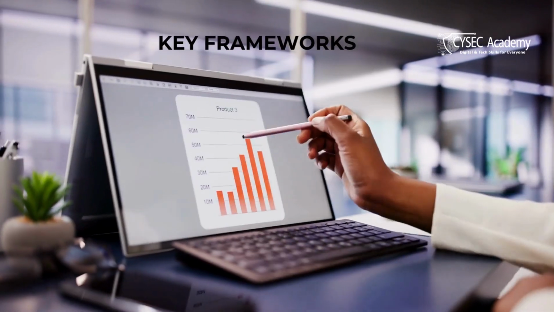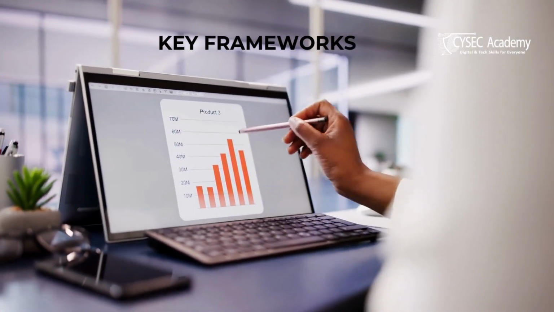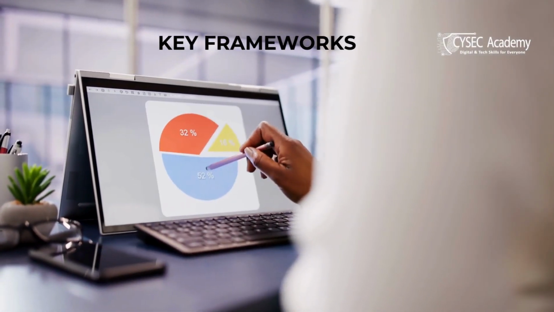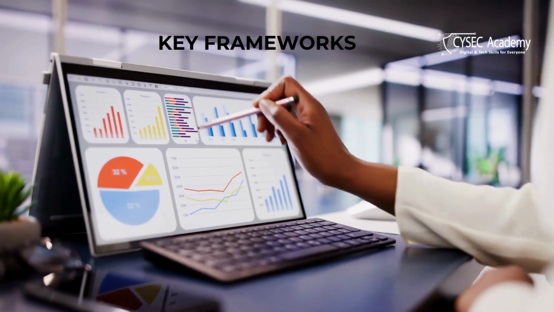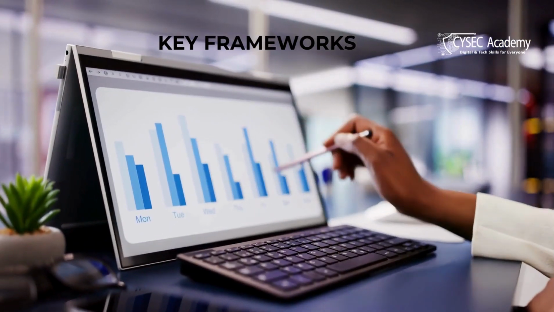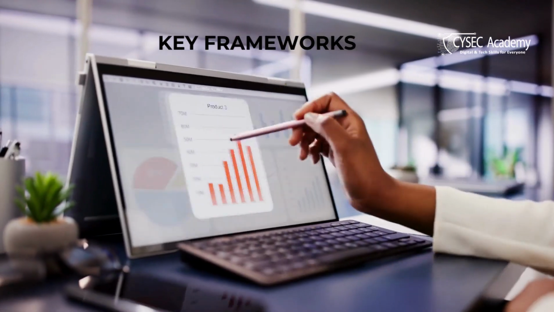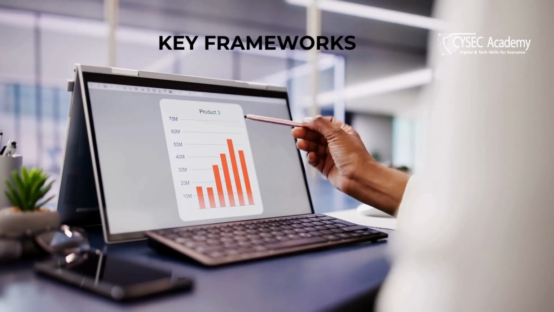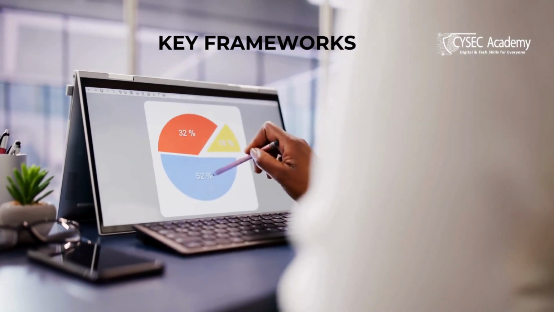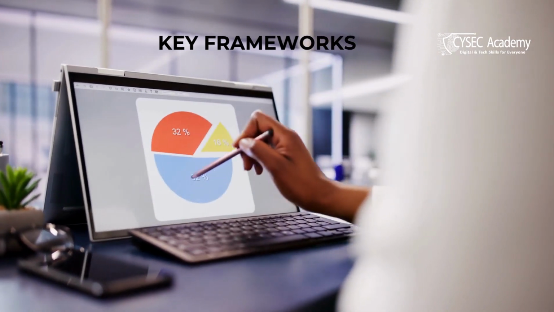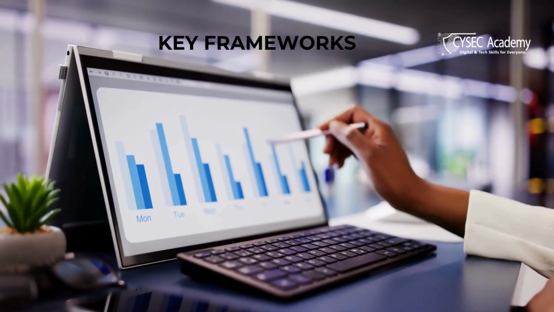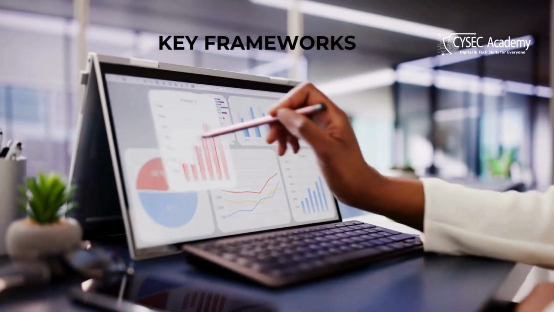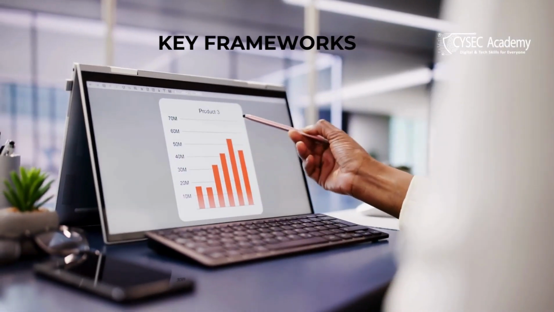The controls themselves cover areas like inventory and control of enterprise assets and software assets, data protection, secure configuration of assets and software, account management and access control management, continuous vulnerability management, audit log management, email and web browser protections, malware defenses, data recovery, network infrastructure management and monitoring, security awareness training, service provider management, application software security, incident response management,